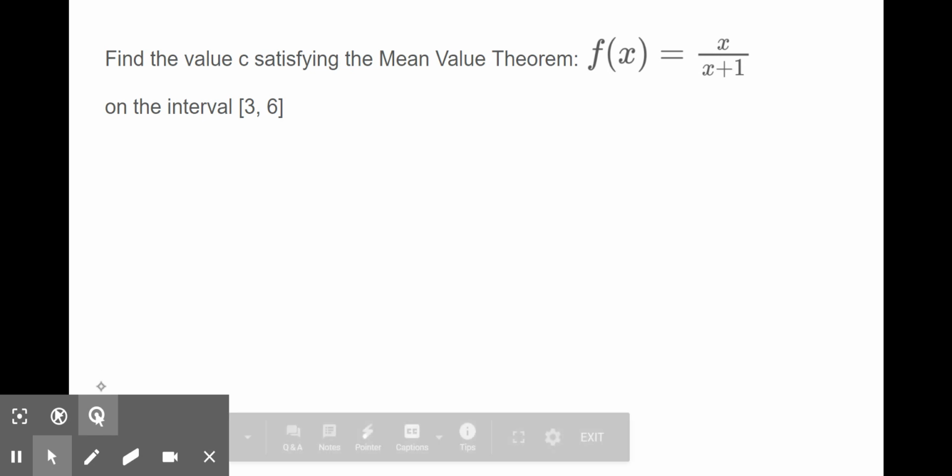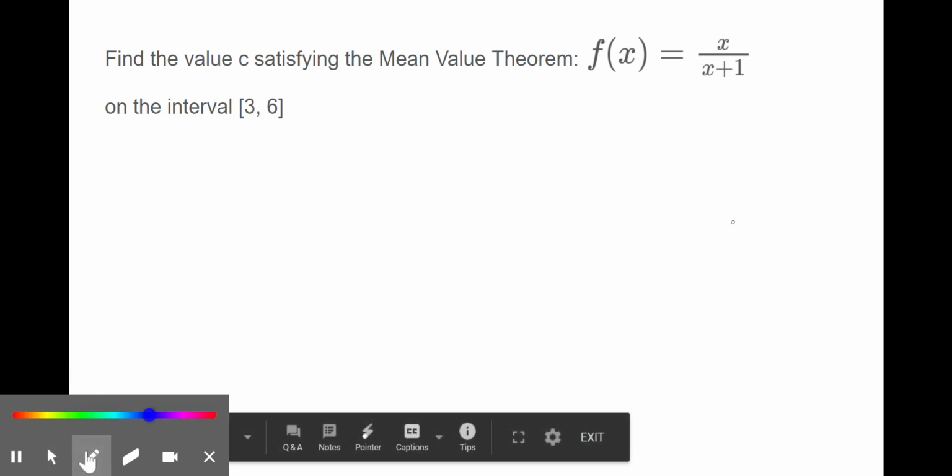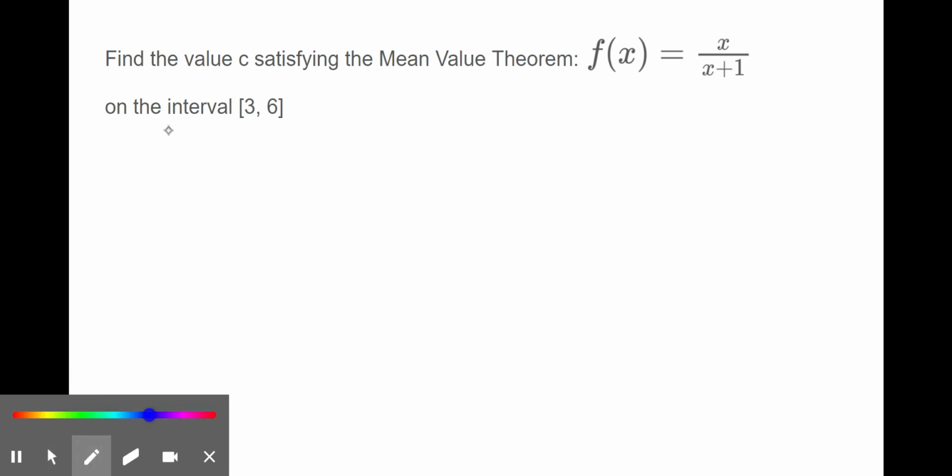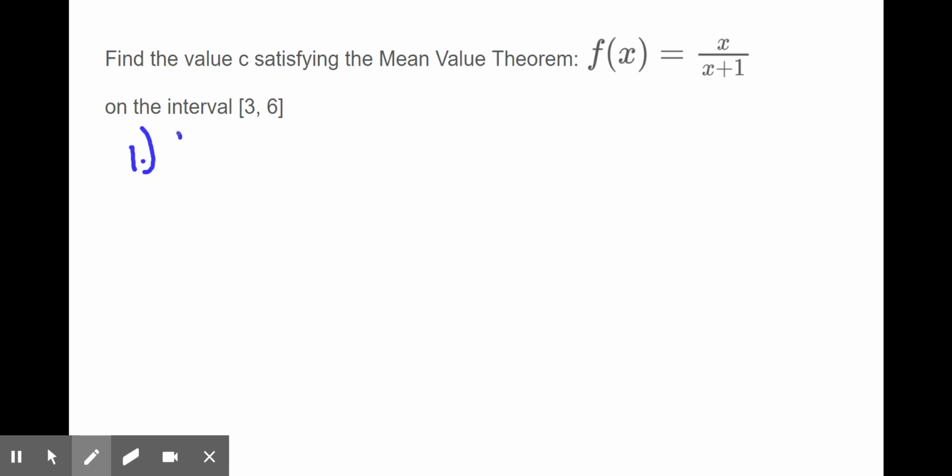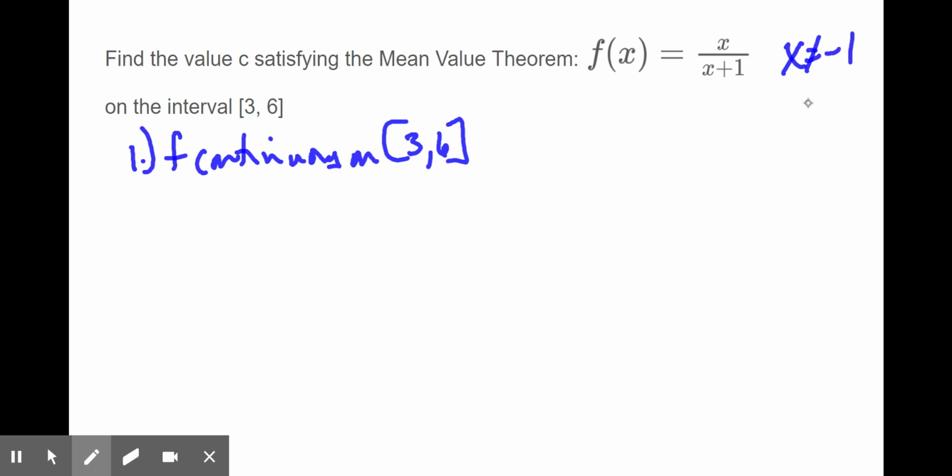Now, same thing with this function on 3, 6. First thing, f has to be continuous on 3, 6 closed. Well, we can see up here that x can't be -1, because that would make the denominator 0. But f is continuous between 3 and 6, and that's all I care about. I don't care about -1. Number 2, f has to be differentiable